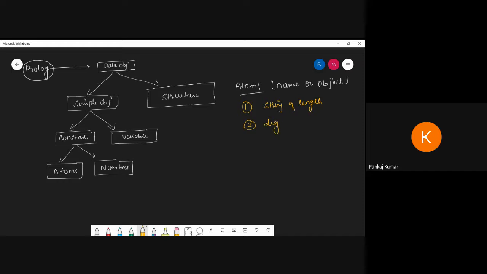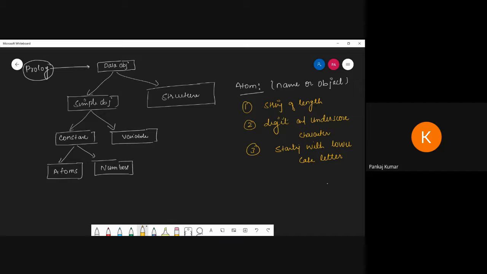So it may be a digit and underscore character. Rule number three, we can define it as starting with a lowercase letter. Sorry, not a character, a lowercase letter. So these are the things.